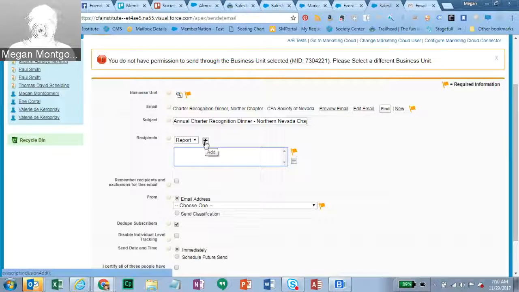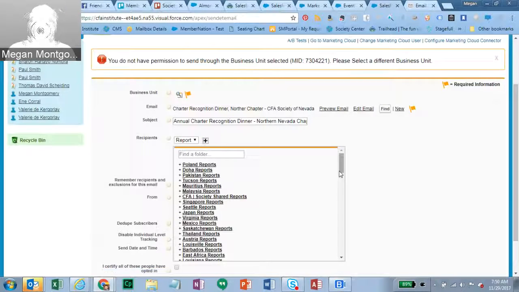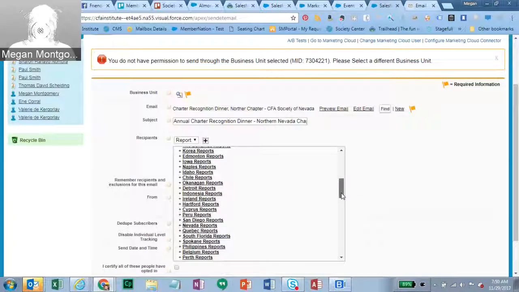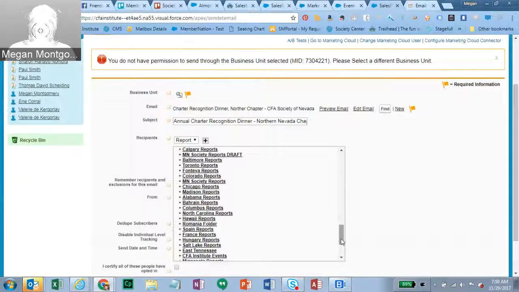And again, we've got those standardized reports that are available for societies, or if there's a particular group that you want help gathering a report to pull a particular subset of your contacts, we can help you pull that as well. But here you'd be able to scroll through and find a specific report to use as your data source there. And once you had done that,